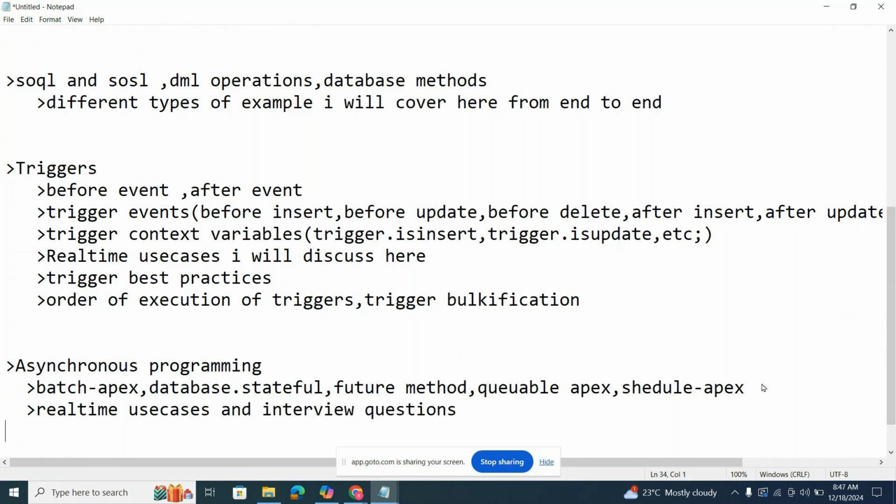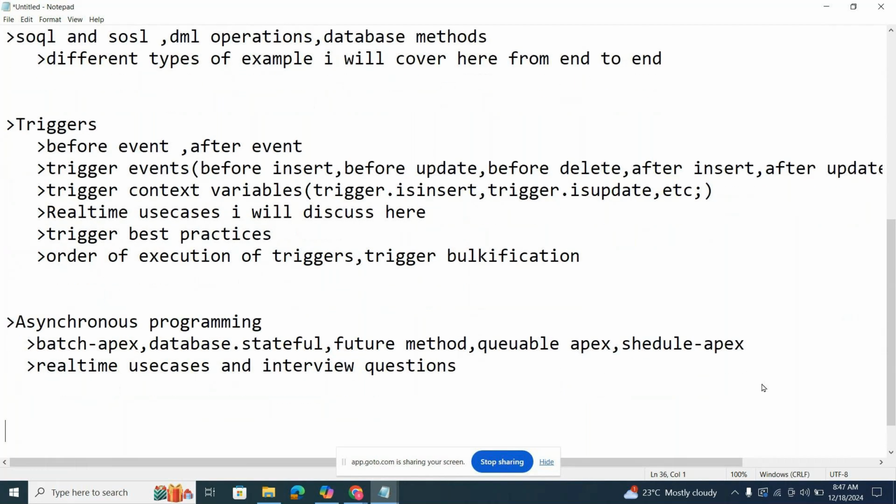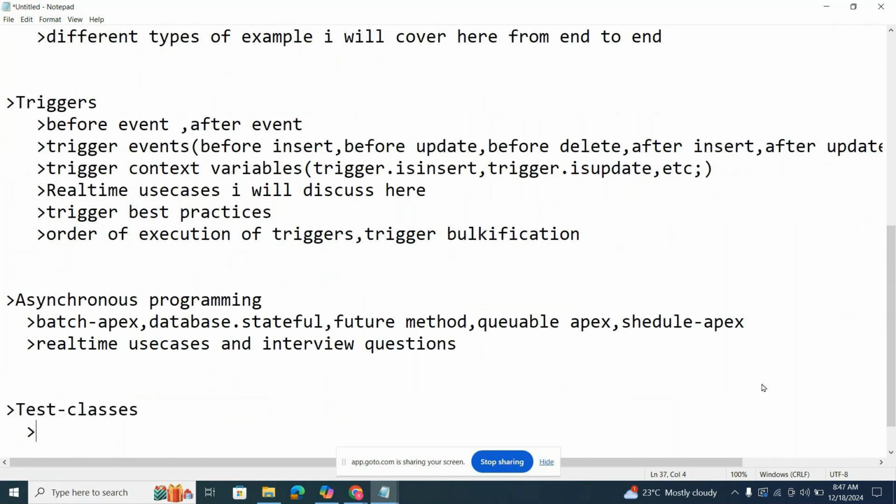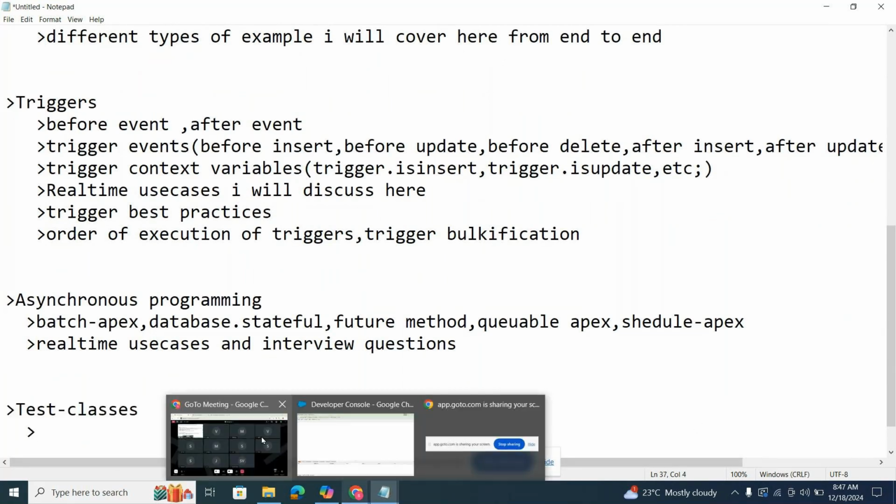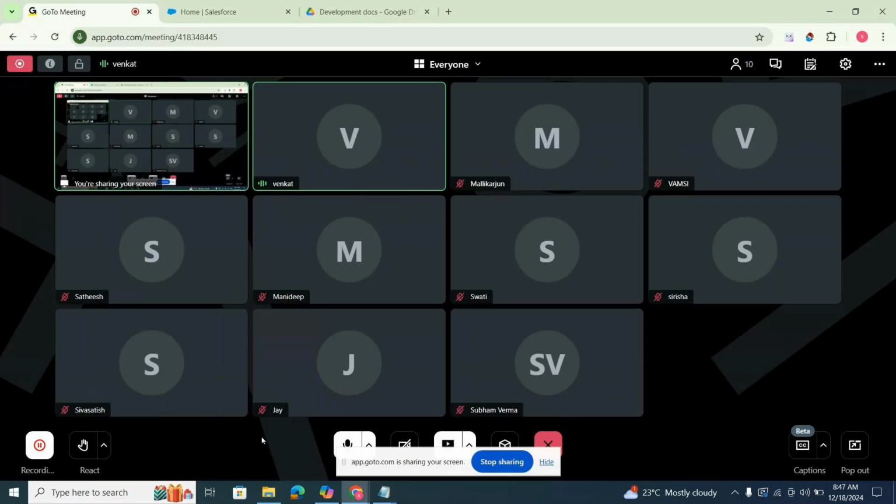After discussing asynchronous programming, I'll start with the test classes concept. What is this test classes concept? I'll tell you. You are writing some Apex classes; as a developer, you need to test yourself or not? Shubham? Yes, as a developer, you have to test.